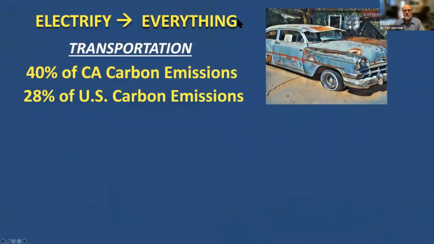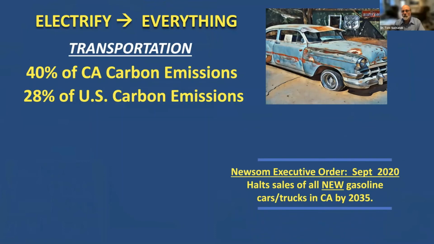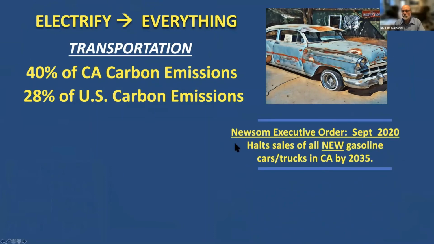So we need to electrify everything, especially transportation. Remember, I told you that 40% of California's carbon emissions are coming from transportation, but it's only 28% in the rest of the country, because California has so many more cars, we're producing that much more carbon dioxide into the atmosphere. But good news, Governor Newsom signed an executive order last year in September to halt the sales of all new gasoline cars and trucks by